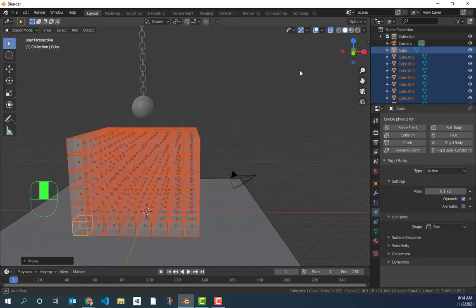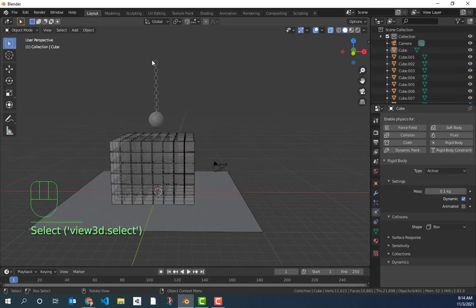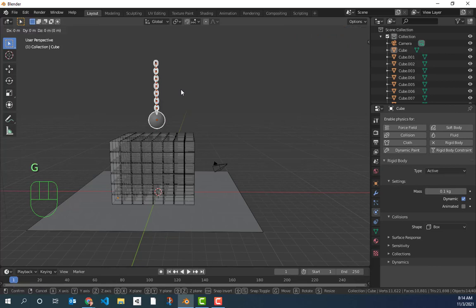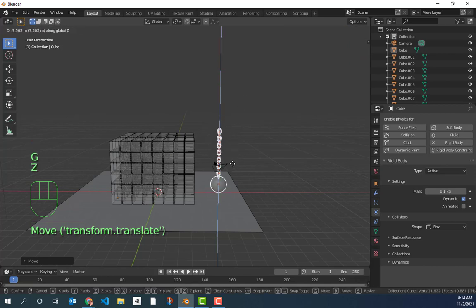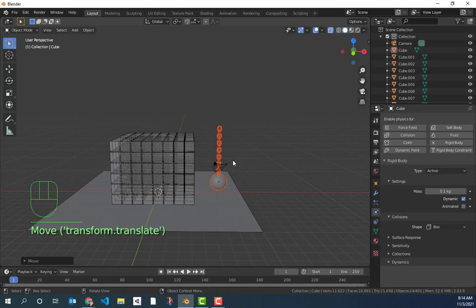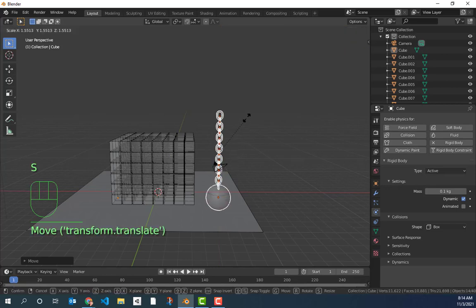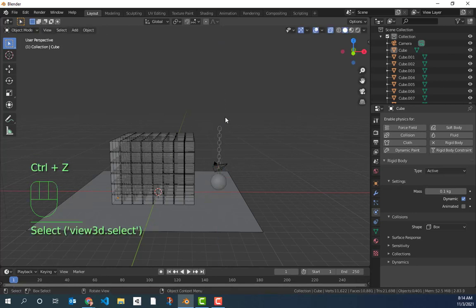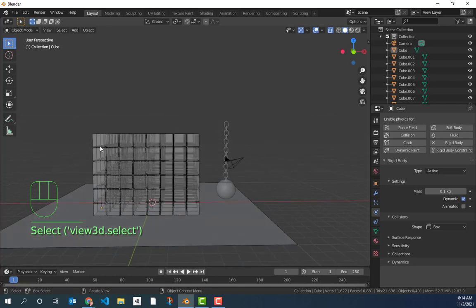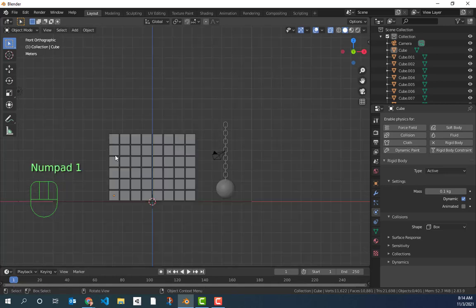All right, and then I need to grab my wrecking ball here, and I need to move it. So I'm going to use GX to slide it over and GZ to get it down. I want to see where the ground is. So ground's right about there. I might want to scale this up, which I need to be careful of because I could break it. So let's see. You know what? I know it's working. So I am going to scale my blocks down